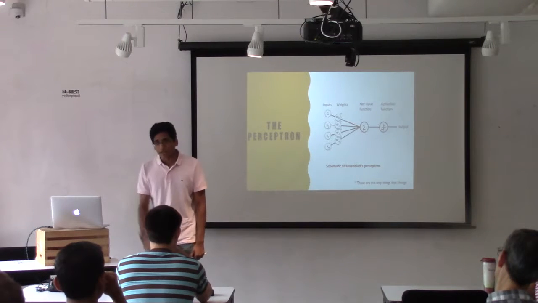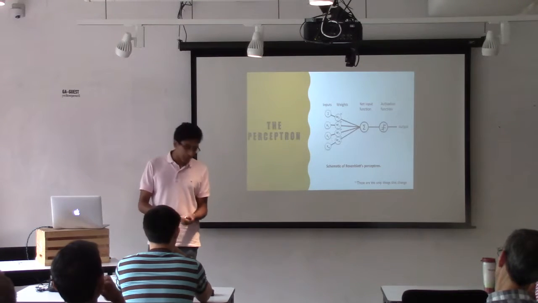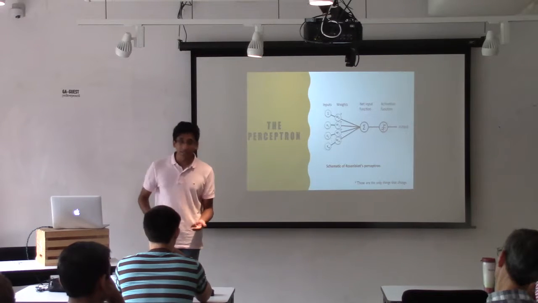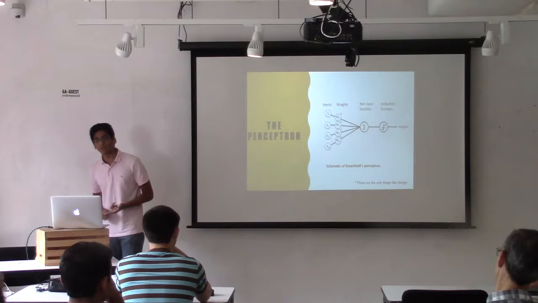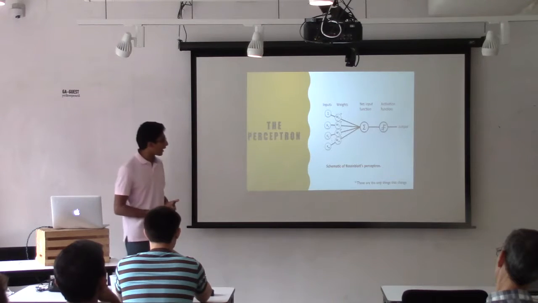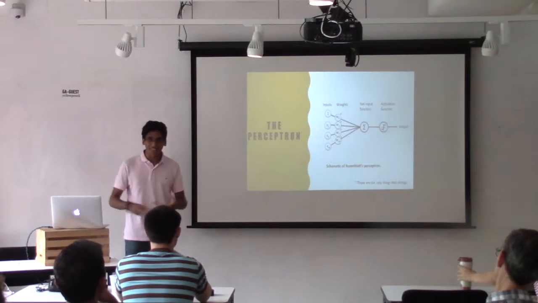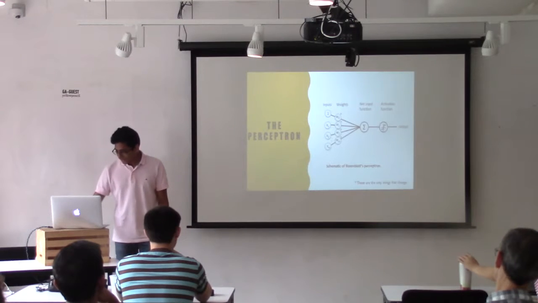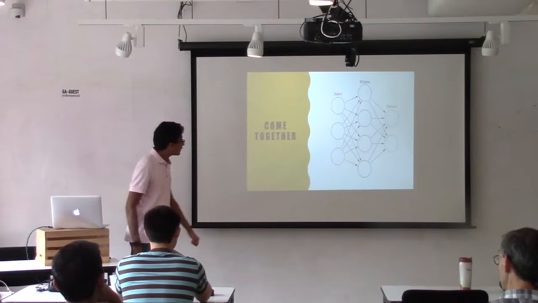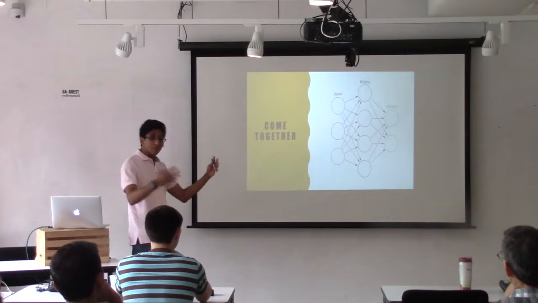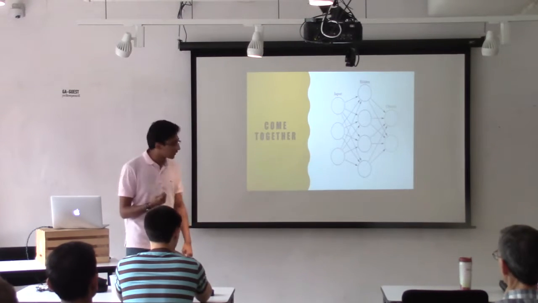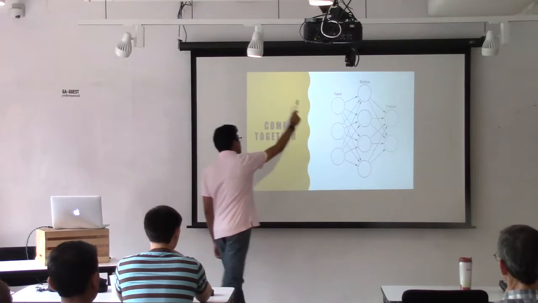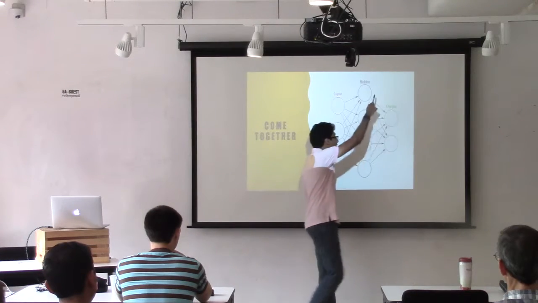So a bit later, neural networks went in phases. They were popular in the 40s, then they were popular in the 80s, then they were popular in the 2000s. The second phase of neural networks was when they realized that, oh my god, you can just take a bunch of perceptrons and hook them up to each other. And that's when they started developing the first proper neural networks. And this is kind of what a neural network looks like today. You've got an input layer, you've got a hidden layer, and you've got an output layer.